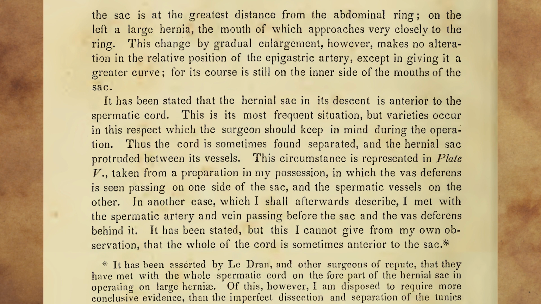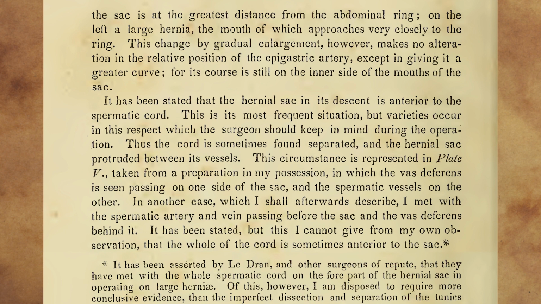This change by gradual enlargement, however, makes no alteration in the relative position of the epigastric artery, except in giving it a greater curve, for its course is still on the inner side of the mouth of the sac. It has been stated that the hernial sac in its descent is anterior to the spermatic cord. This is its most frequent situation, but varieties occur in this respect which the surgeon should keep in mind during